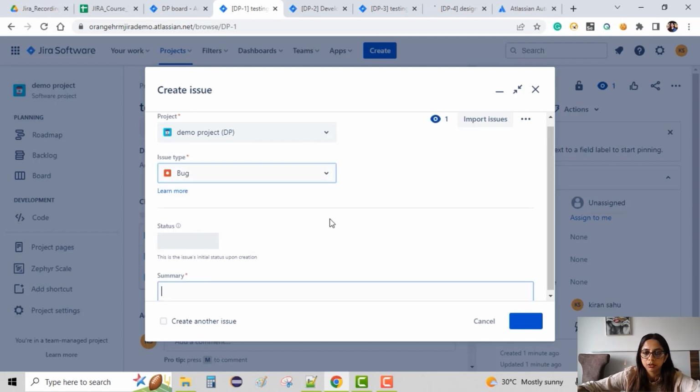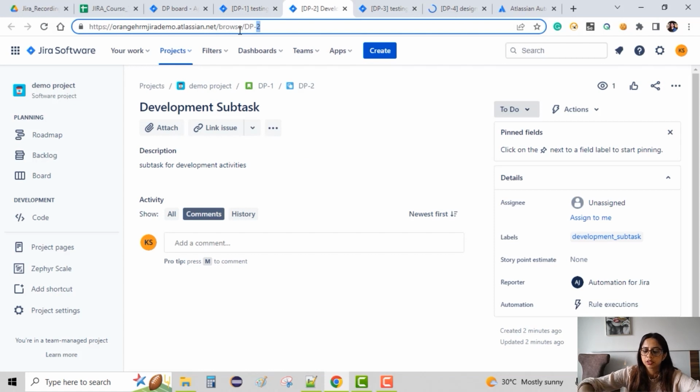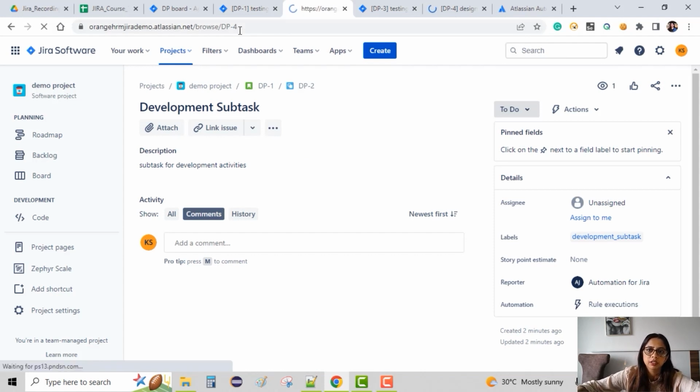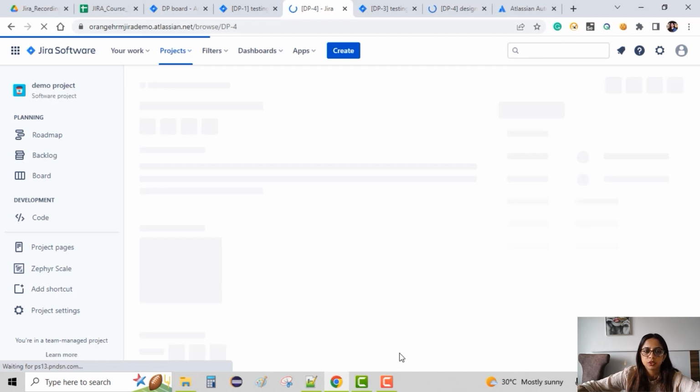Summary is testing subtask rule again. Okay, that is the summary, and I'll be creating a bug. So the bug URL will be mostly DP4 because that is the 4th issue which is getting created. So we'll open that and see. So new bug got created,